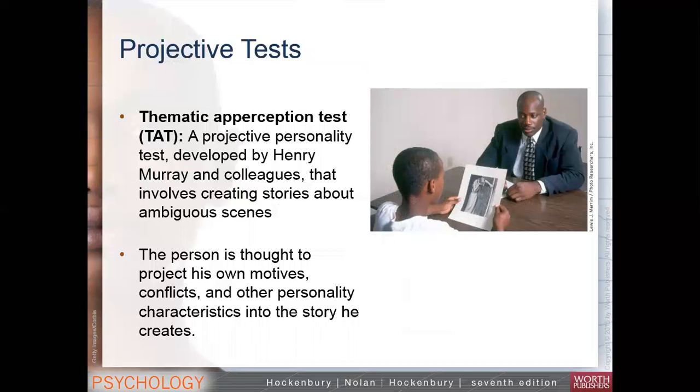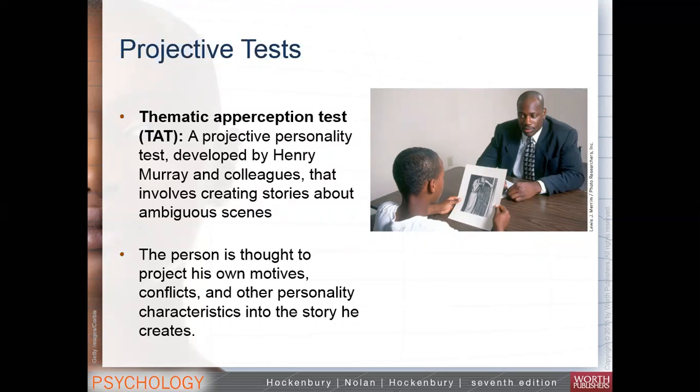And so these two images came from something called the Thematic Apperception Test, developed by Henry Murray and his colleagues in 1935. What this is essentially is creating a story about these particular images. And so in essence, what you end up doing is you project your own motives, your own conflicts, your own